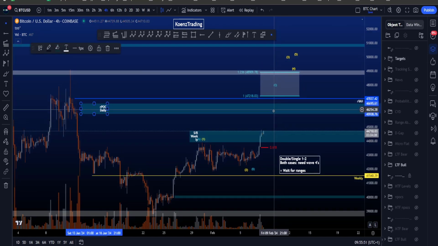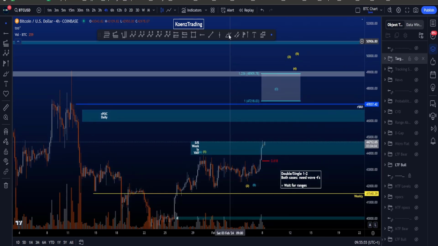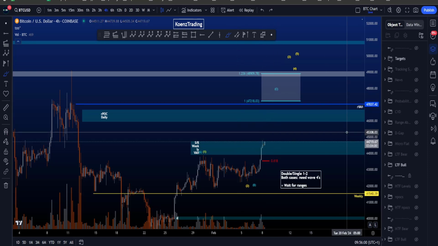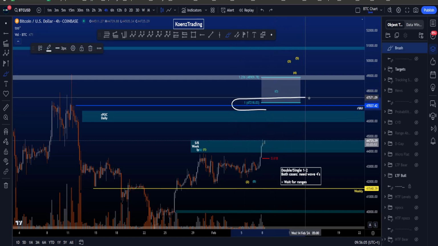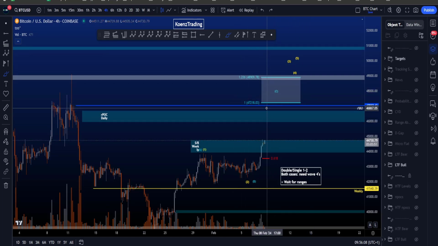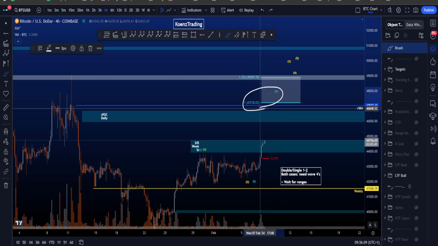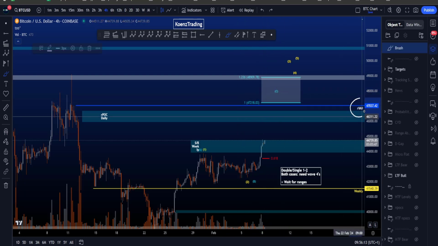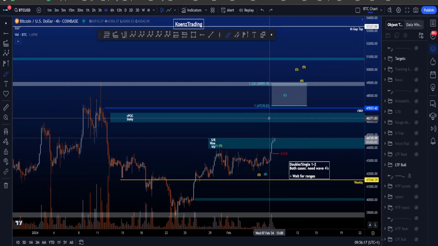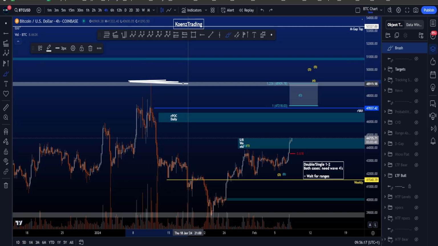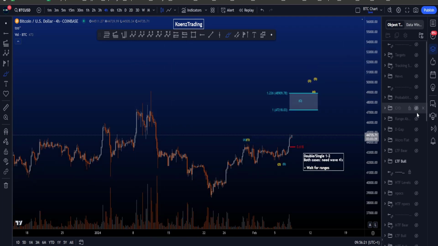The first one is the blue box here between 45.9 and 46.7, and then we have the range value area high of this range over here, which is the final bit of resistance at 47k. However, for a wave C, it is very rare to not at least hit the 1-to-1 trend-based fib extension as a minimum target, but as you can see, it's above the range value area high. So if price continues pushing here, it does increase the probabilities to look for potentially that 49k high and also